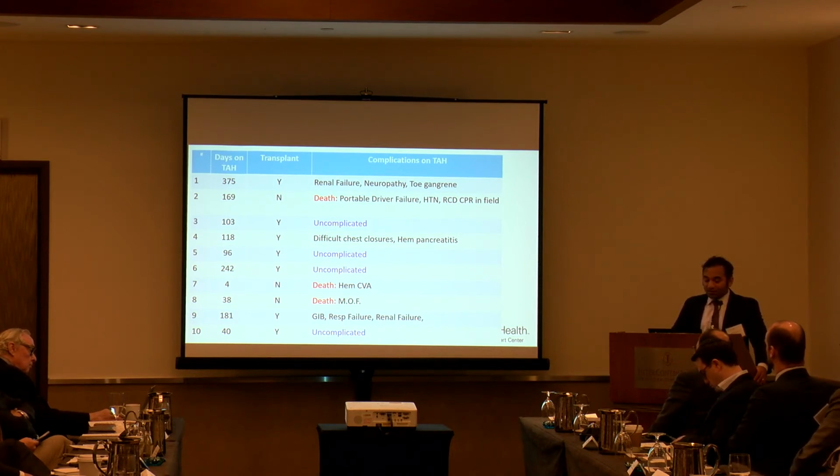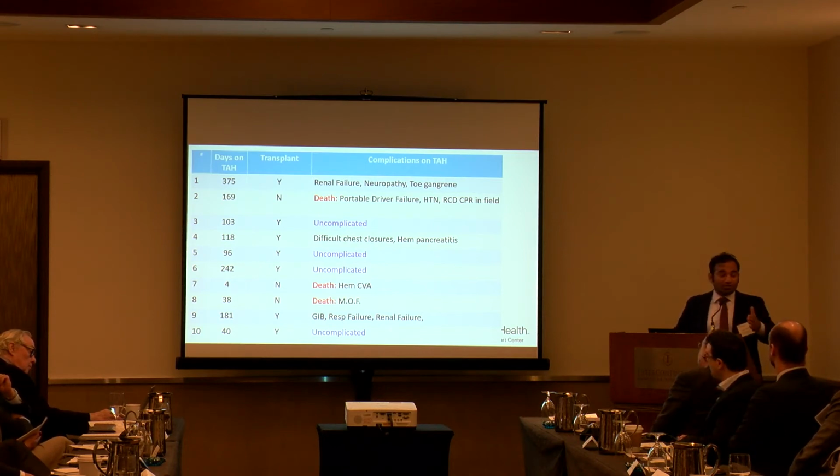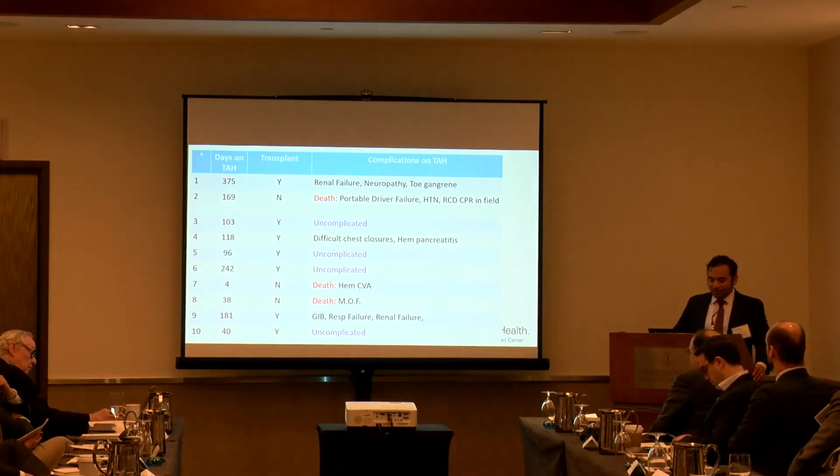And these were the causes of death, and I reviewed the one in the field. The other two causes of death were for patients 7 and 8. Patient 7 was someone who came over in VT storm after having 2 VAD replacements at another hospital, came over on ECMO. Surgery went well, but 2 days later, probably related to something embolic along the course, had a neurologic injury and hemorrhagic bleed and died